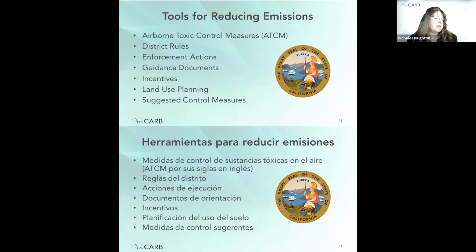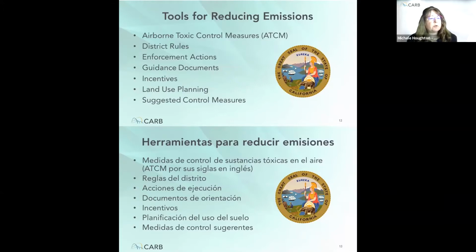Later in the presentation, we will be talking about the process used for developing an ATCM, and we will be asking for your input on how to prioritize which sources we should look at for the development of the next ATCM. In some cases, local air district rules may be a more appropriate regulatory option as compared to a statewide ATCM.